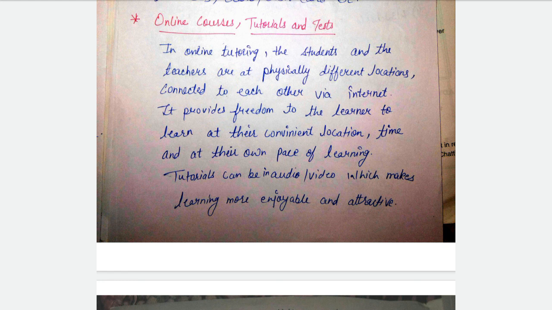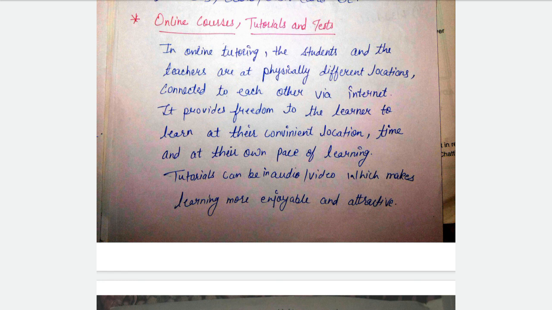Students and teachers are connected with each other with the help of applications like Zoom and Google Meet, or some students go to different education websites using the internet. There they see their subject tutorials and get the knowledge from there. This is how we can make use of the internet in our study.